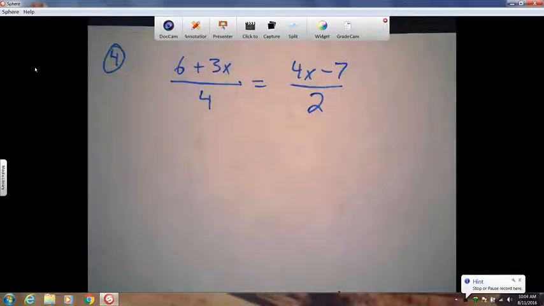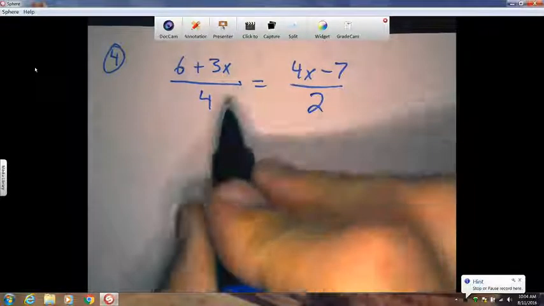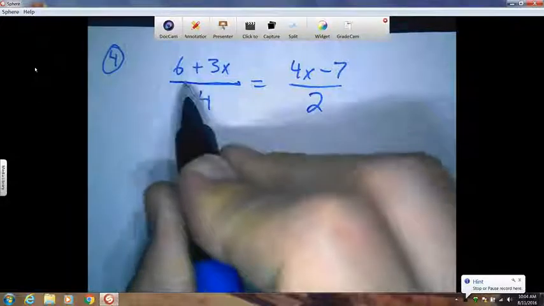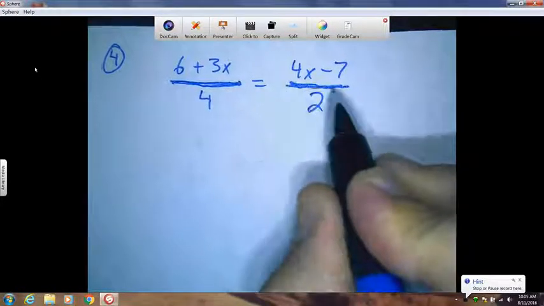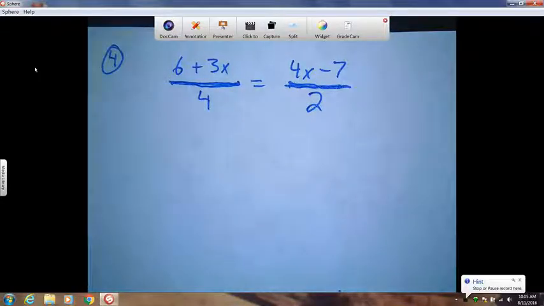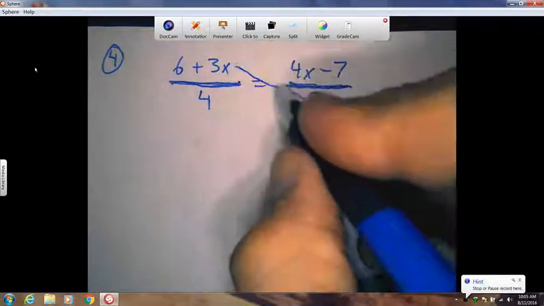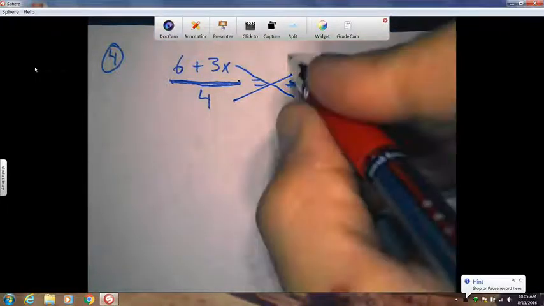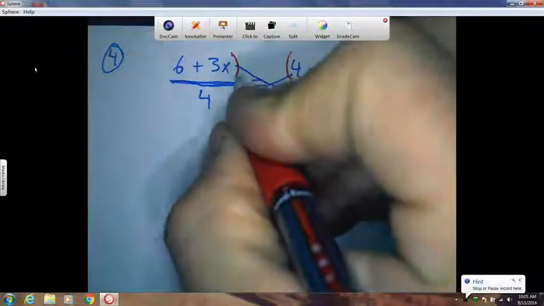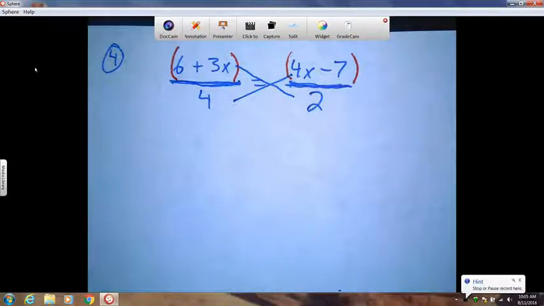So when you get something like this, there's multiple ways you can solve it, but if the only thing you have on this side is a fraction, and the only thing you have on this side is a fraction, what I recommend doing is cross multiplying. So this times this is equal to this times this. When you do that, you have to remember that these need to be in parentheses. This doesn't have to be because it's only one term. So when I write it,